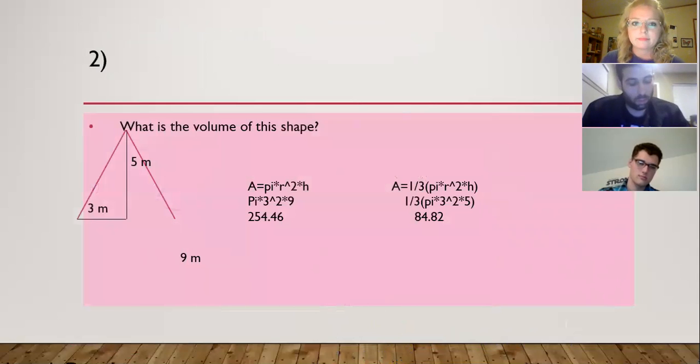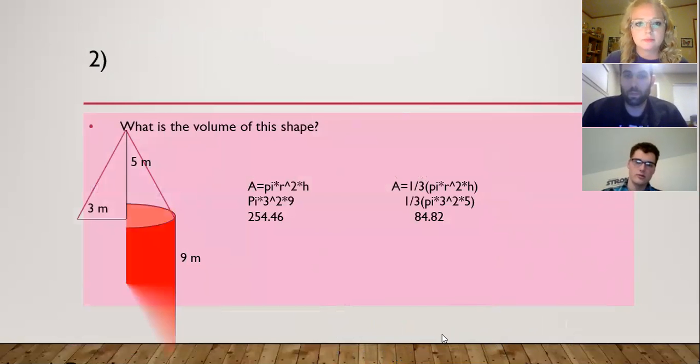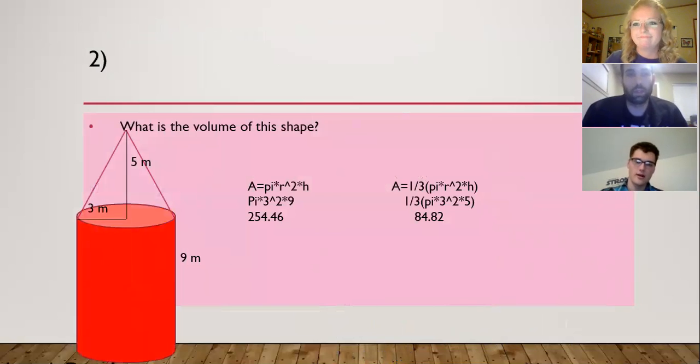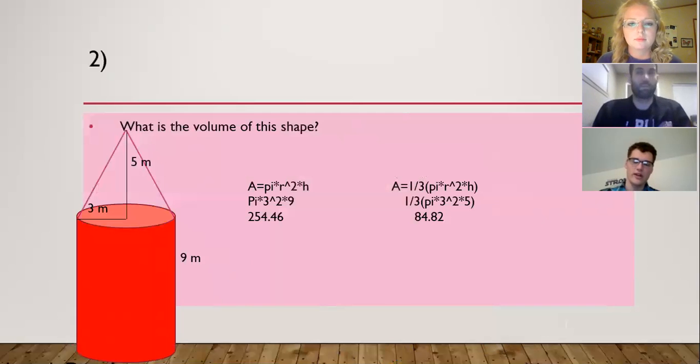All right, Joseph, what is the volume of this shape? That's an excellent question. Can we click on this? Yes. There it is. So it's the cone plus the cylinder together. Because it's made up of a cone and a cylinder, we need to individually find the volume of the cylinder and the cone. So for the cylinder, it's going to be pi times radius squared for the circle times the height. So in this case, pi times 3 squared times 9, which gives us